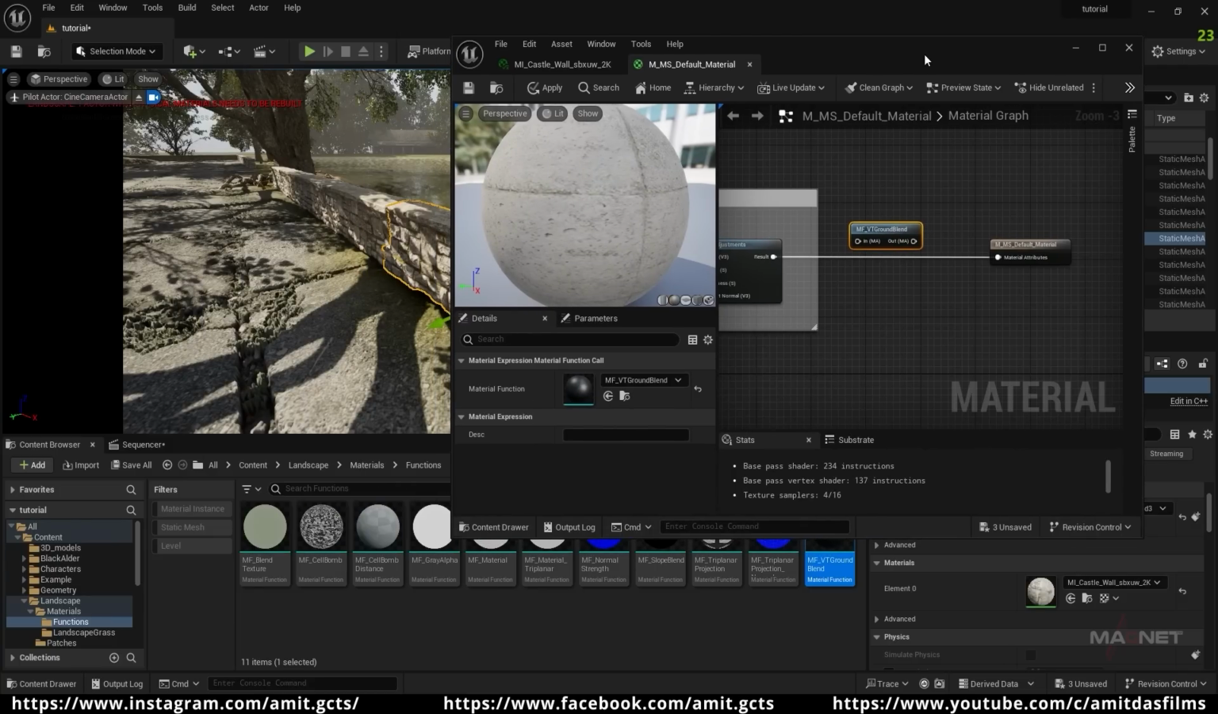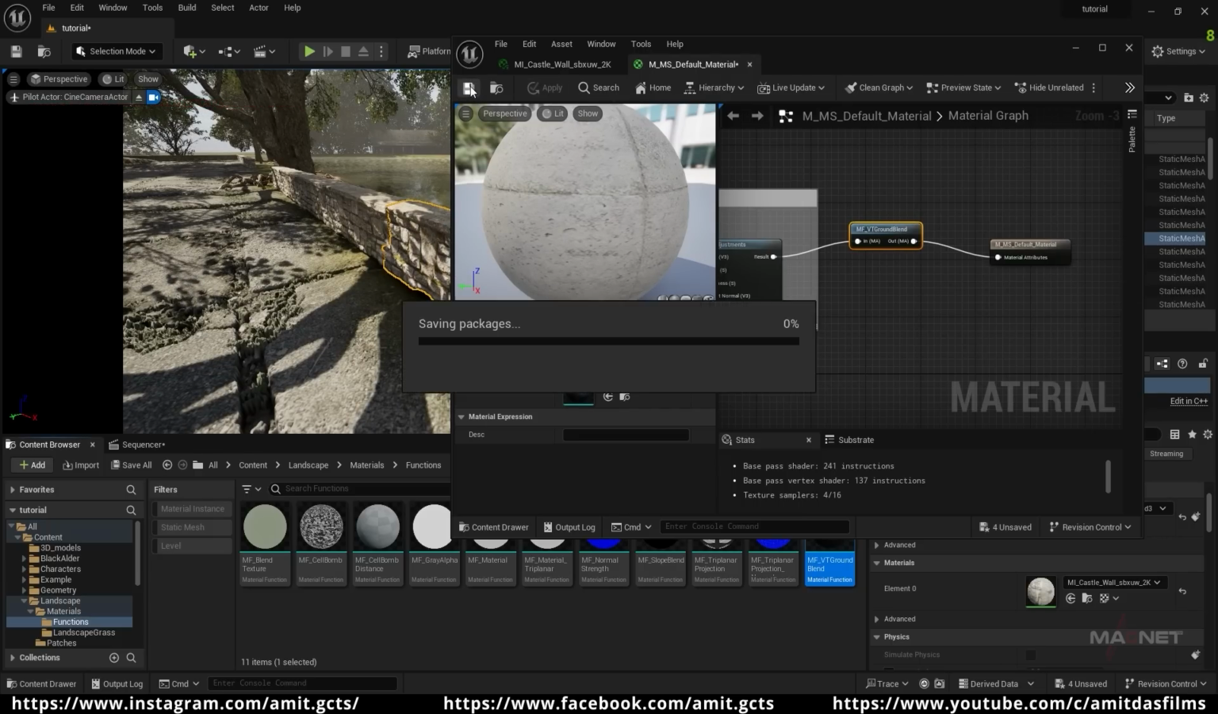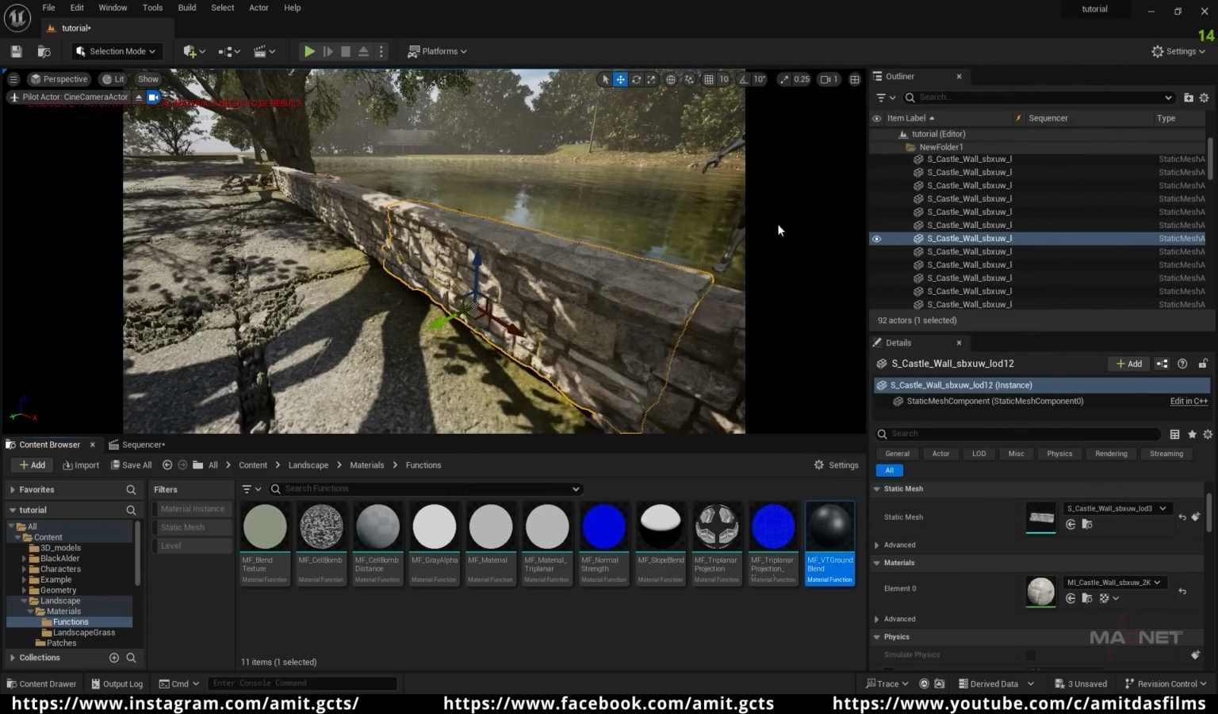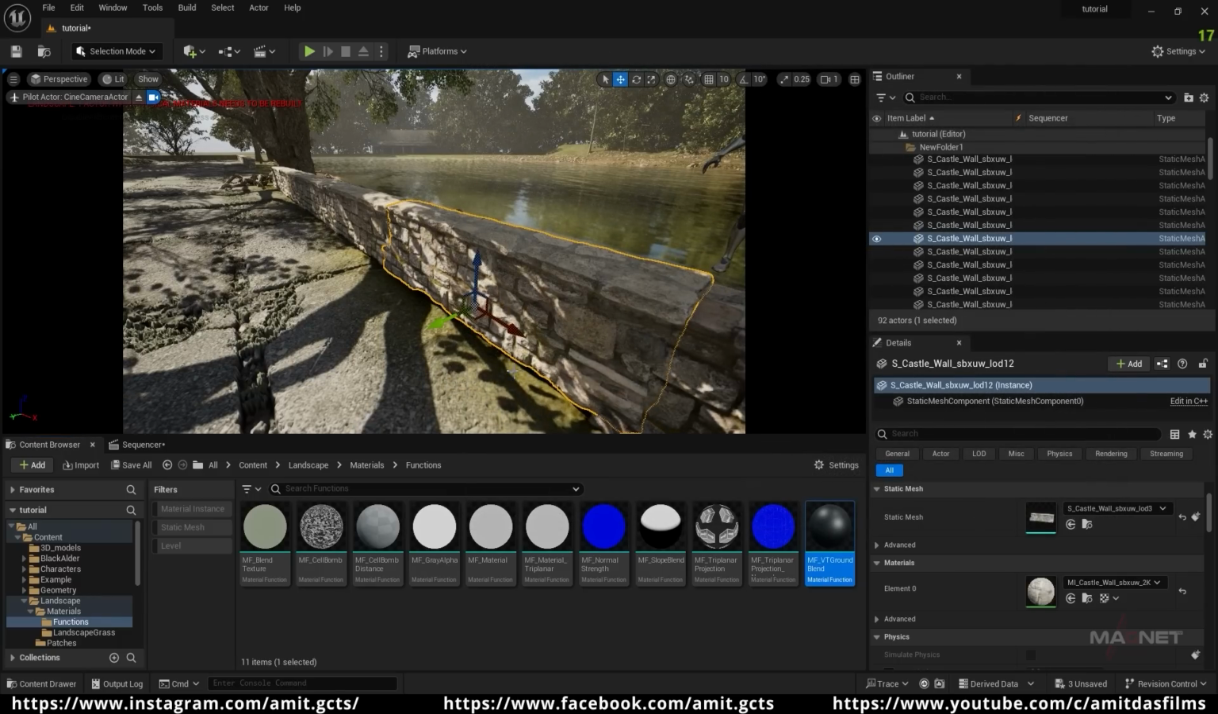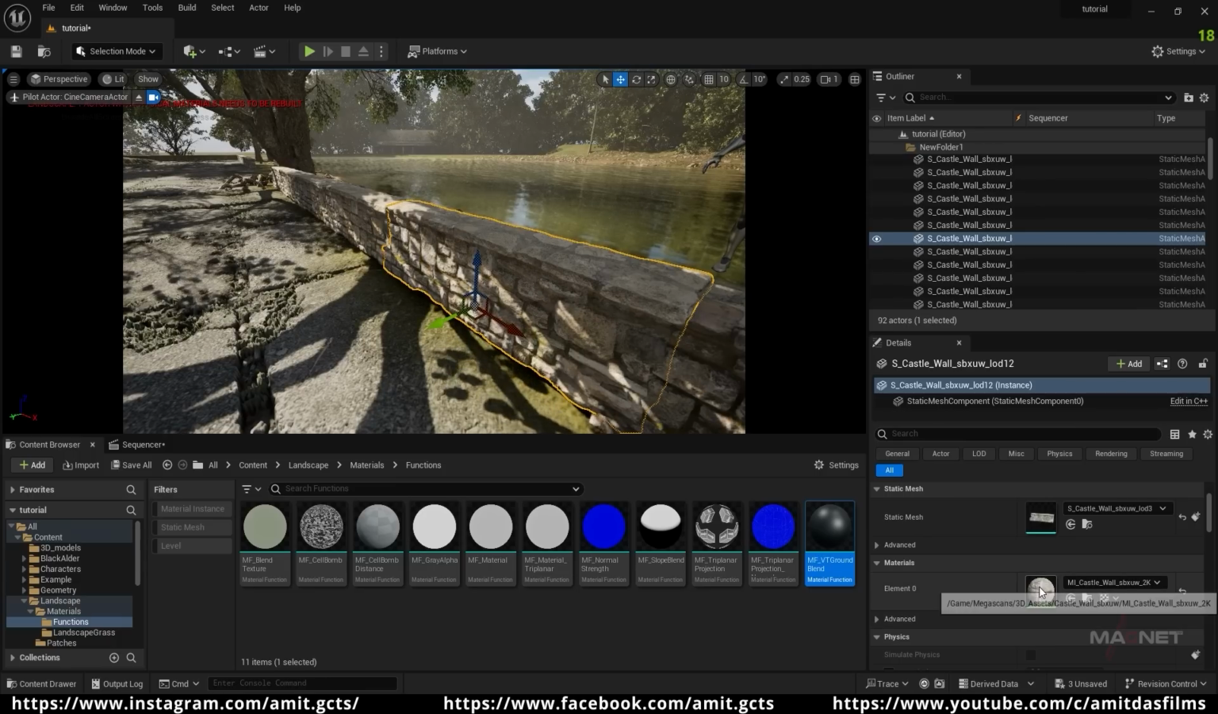So here you can see that this looks something like that, and then we're going to put this function in between these two nodes. So we just drag this node here and also output this node to the material attributes. Okay, so this is all done here. Now we're going to apply this and also save this. Okay, so now close this, and again we didn't see this virtual texture in action, so we reopen this material here,